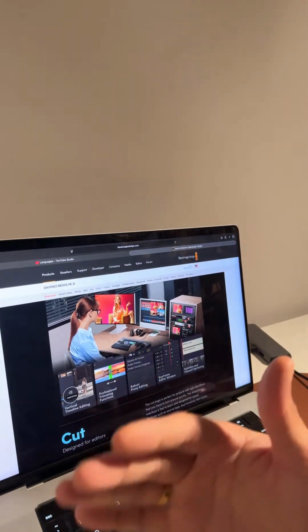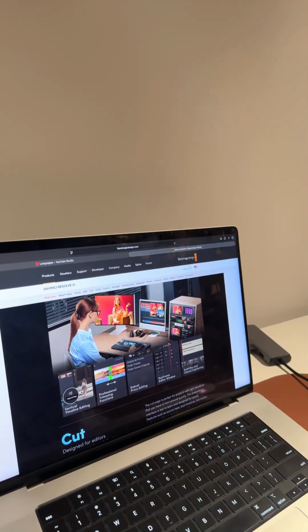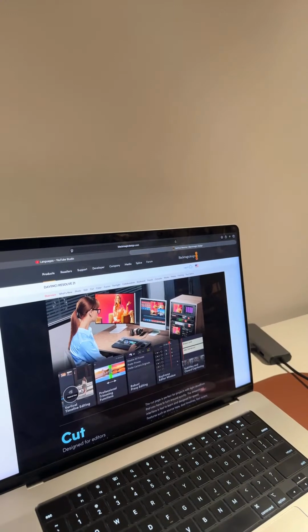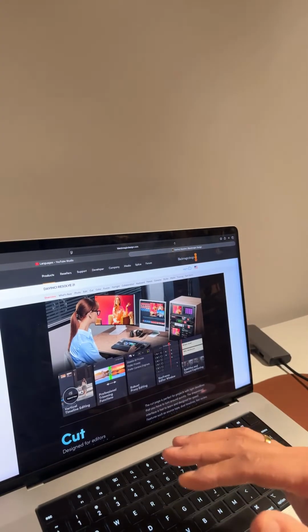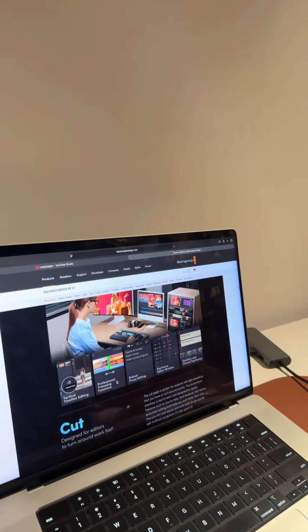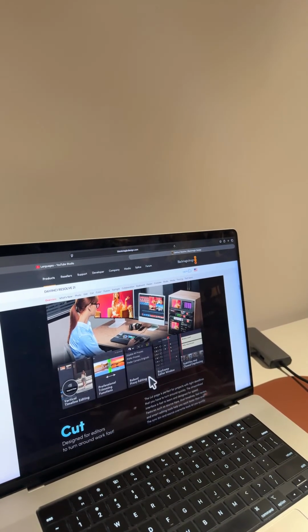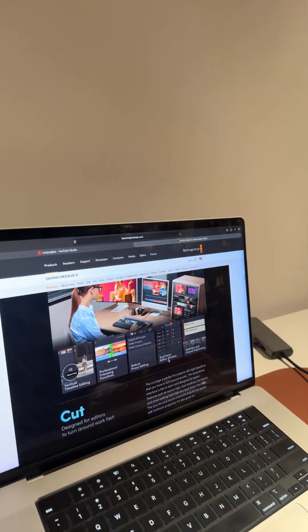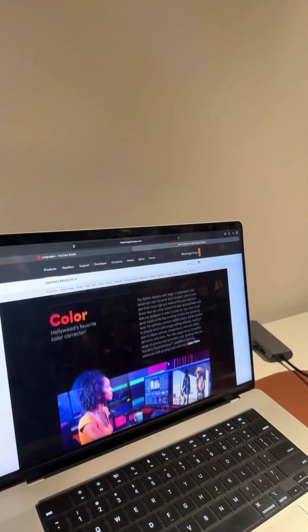I got Final Cut Pro when I got my Mac, which was a long time ago, but I was not really using it. So DaVinci is one of the great ones, professional trimming, and there are a lot of new features that are going to help you with your workflow, and this is going to be really, really amazing.